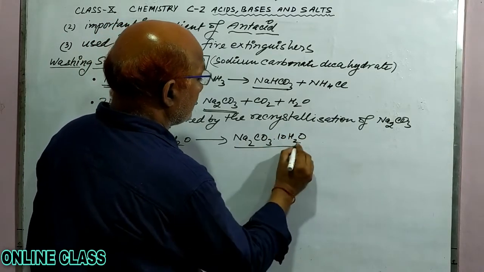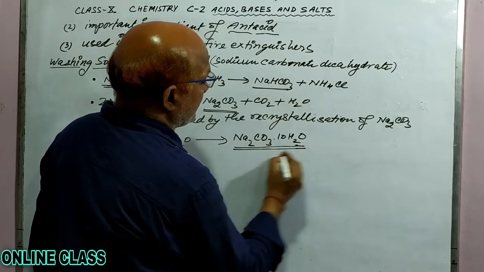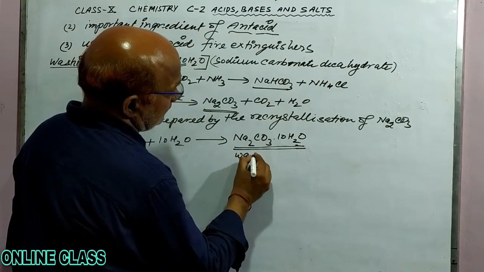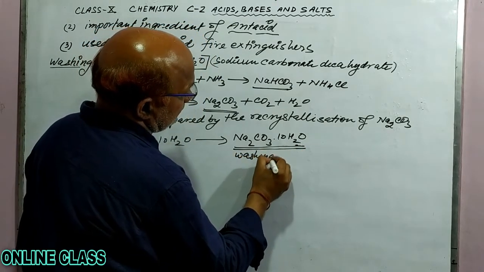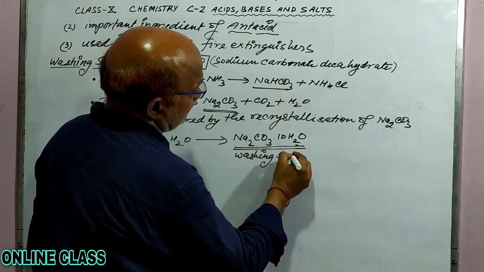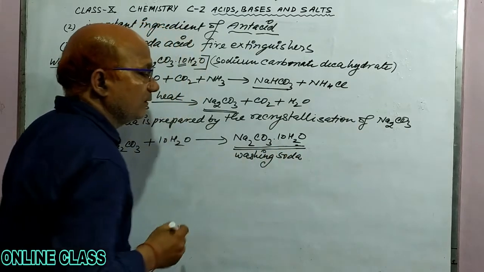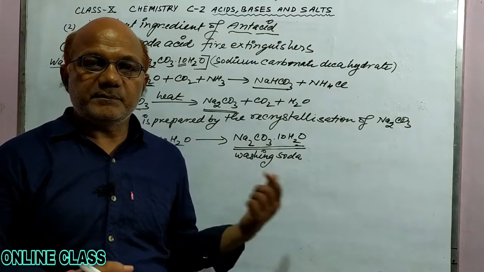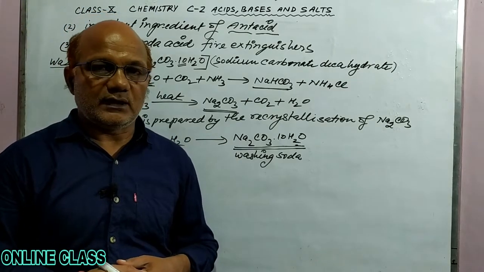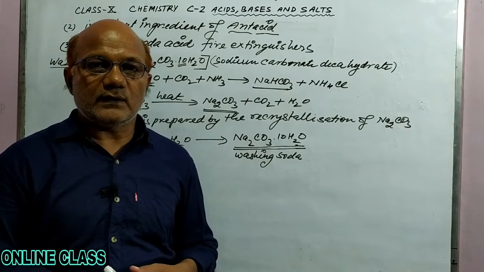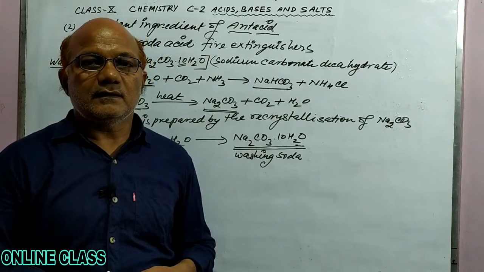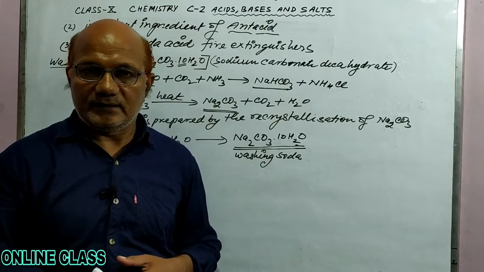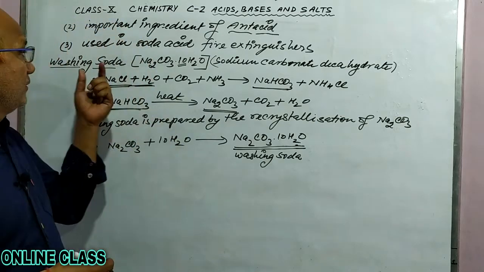Okay. This is our required product, washing soda. Okay. So, you can see in the preparation of washing soda, sodium chloride is used as raw material, because